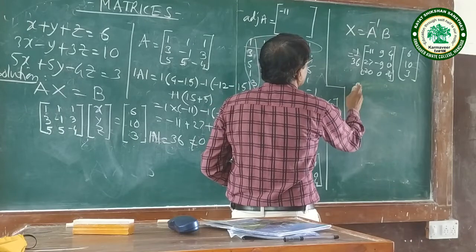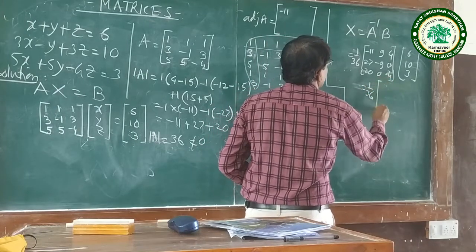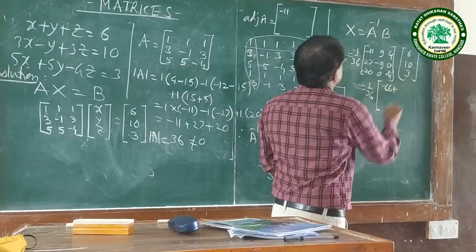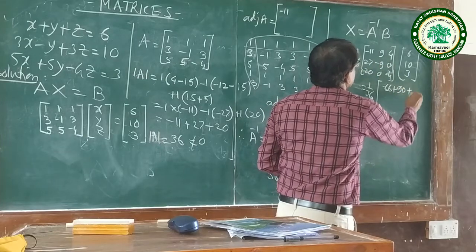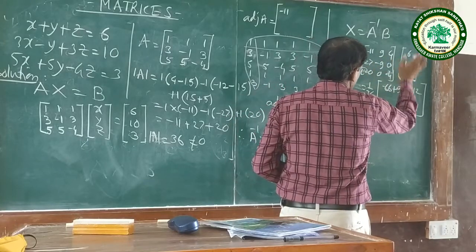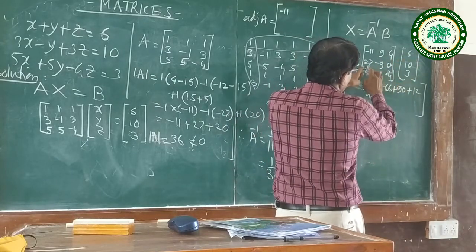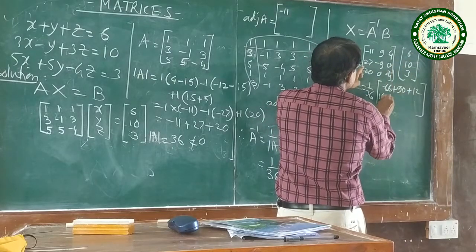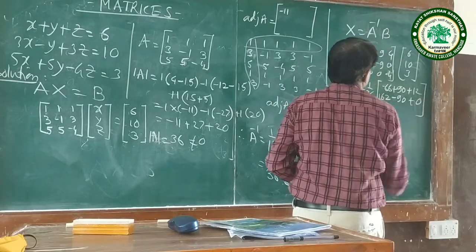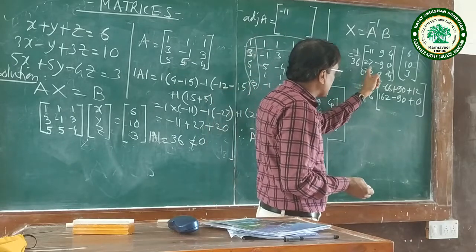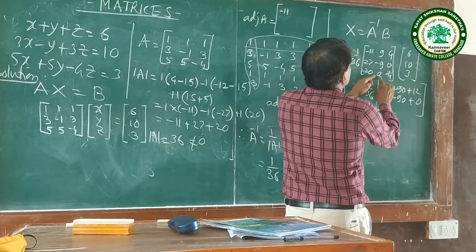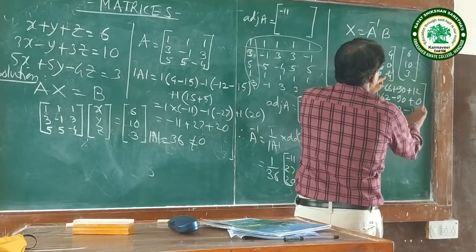What we need here is matrix multiplication clearly. See here, minus 11 into 6, minus 66, plus 9 into 10, 90, plus 4 into 3, 12. First row into column, second row into column. 27 into 6, so it is 162. Minus 9 into 10, minus 90. Plus 0 into 3, it is 0. Second column, third row into column, 20 into 6, it is 120. Plus 0 into 10, it is 0. Minus 1 into 3, it is minus 12.